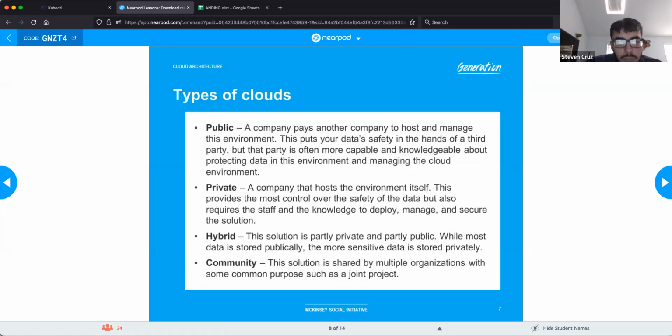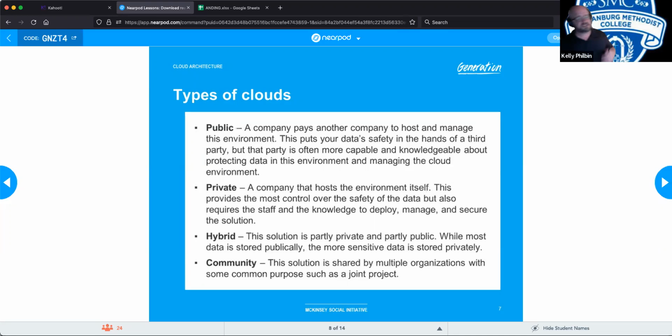So, all right. Types of clouds, four main types. Depending on how you're going to be using it, you will implement one of these models. First is the public cloud. This is your Google Drives, your iClouds, AWS.